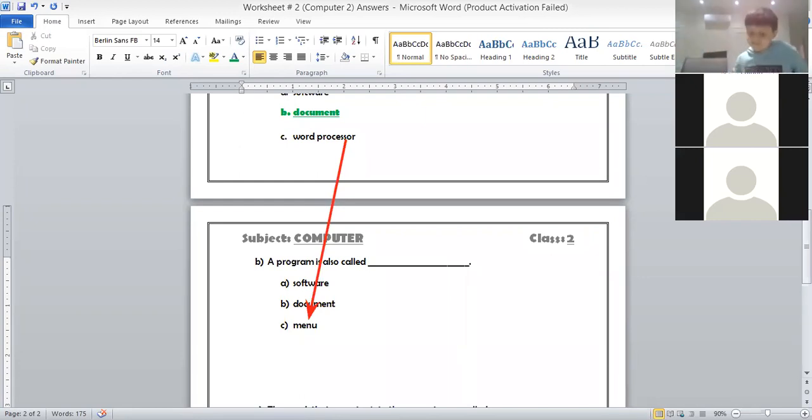What about the others? A program. We use so many programs. That's good. Ali Nizar gave the correct answer. The students whose names I am not taking, kindly check their answers. I'm taking the names of those students who are sending the correct answer. So till now, who sent the correct answer? Let me take the names.